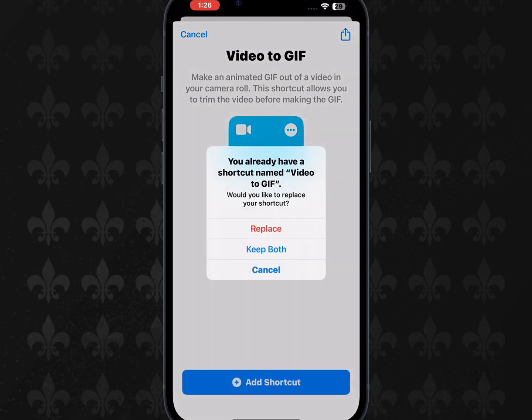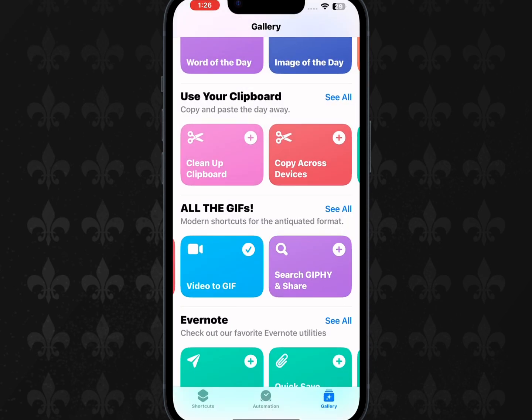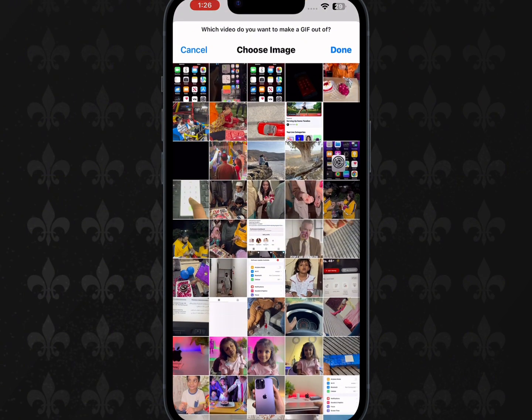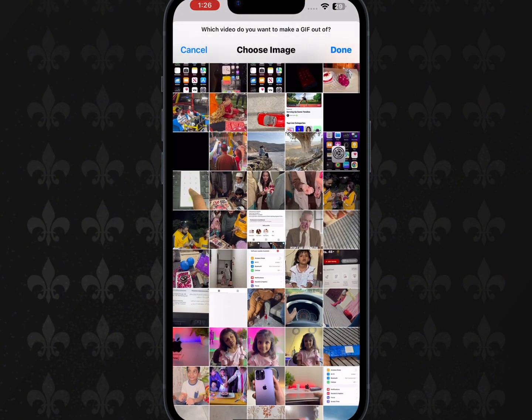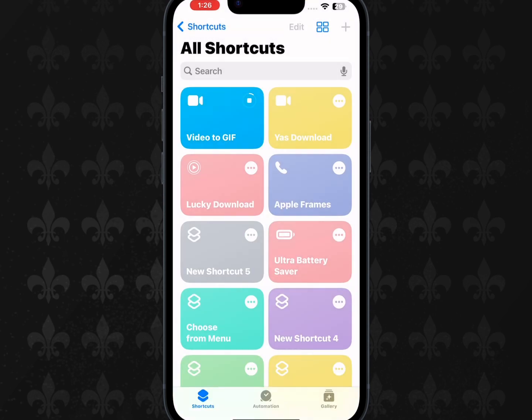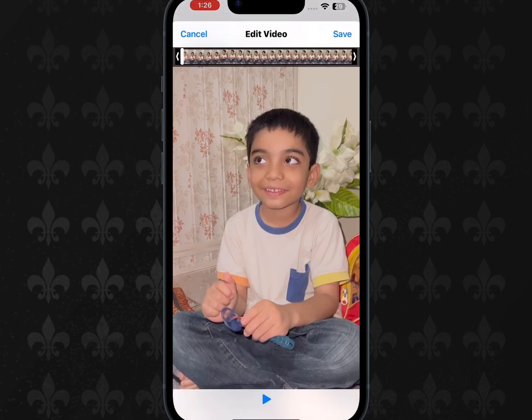Tap on add. I've already added that, so you just need to add it and then go back and open the Shortcuts. You can see the shortcut showing here. Tap on that shortcut and it will show all of your videos. Select one of them. I'm selecting that one and